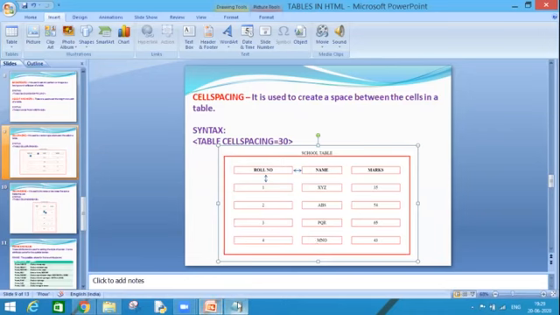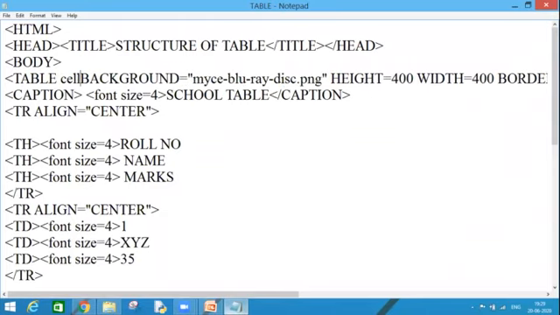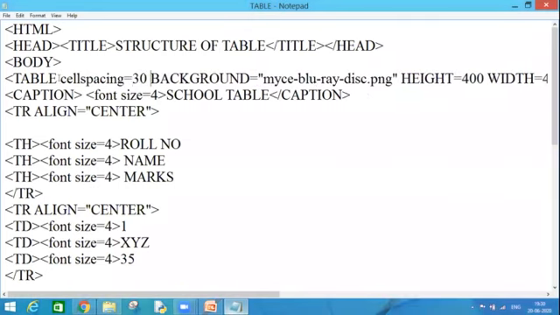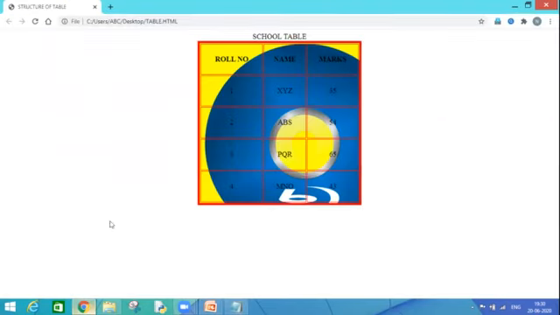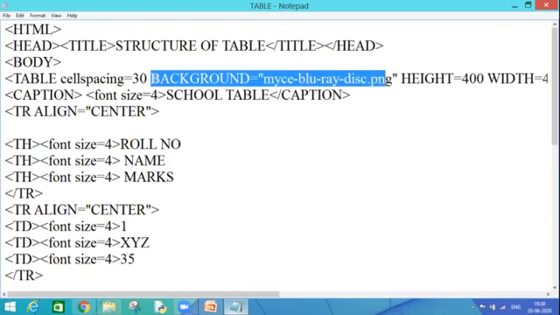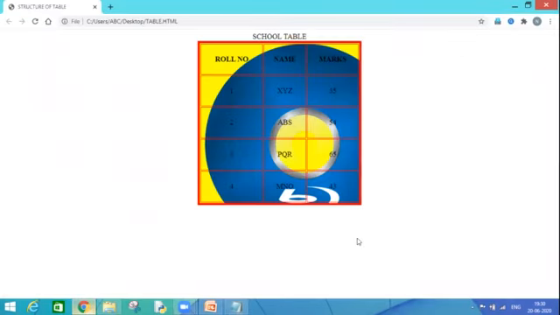Let's have a look practically. If I write over here cellspacing equal to 30, 30 means 30 pixels. Again, I am talking about the value in pixels. 30 pixels. Control S. Now carefully see, just wait. I would like to remove this background so that the visibility will be clear. Okay, so cellspacing is 30. Come back again. Let's observe the change.